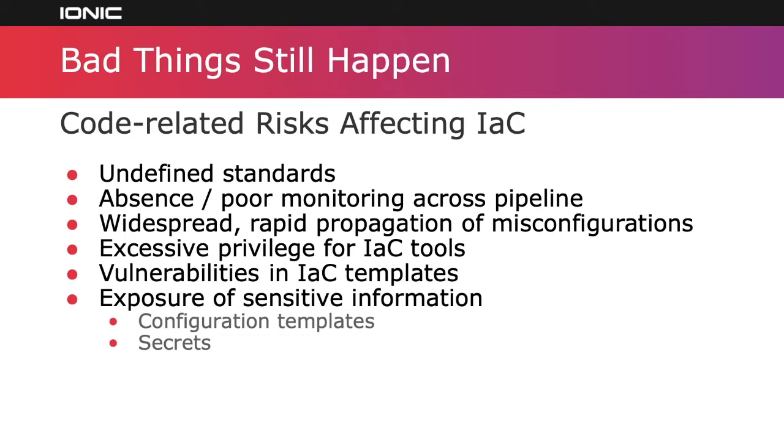So we have undefined standards, absence of poor monitoring across the pipeline, the potential for widespread propagation of misconfigurations, the excessive use of privilege within infrastructure as code tools, potential vulnerabilities in infrastructure as code templates, and the one that we tend to spend a lot of time on, certainly I've spent a lot of time on in my career, is the exposure of sensitive